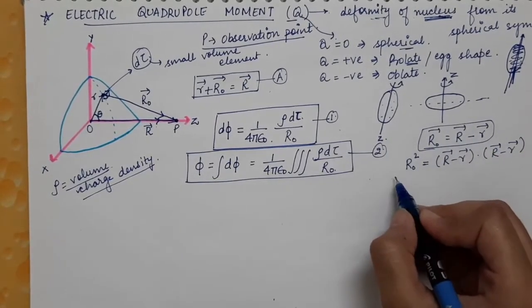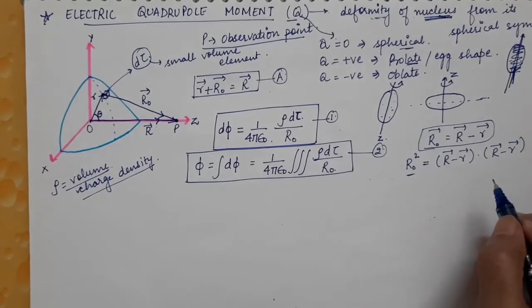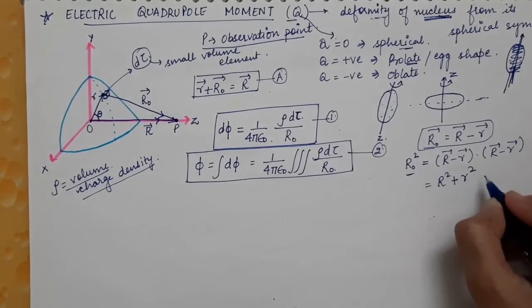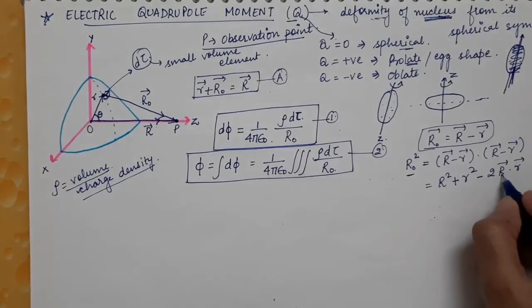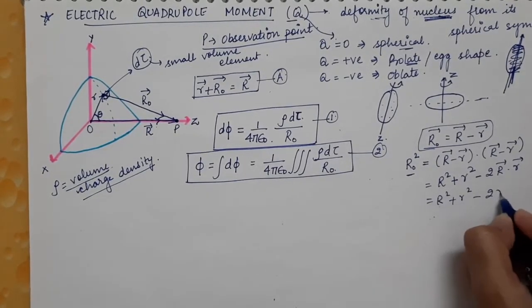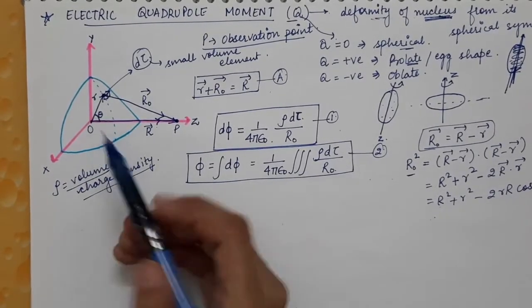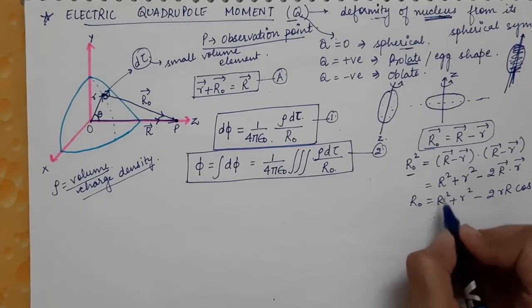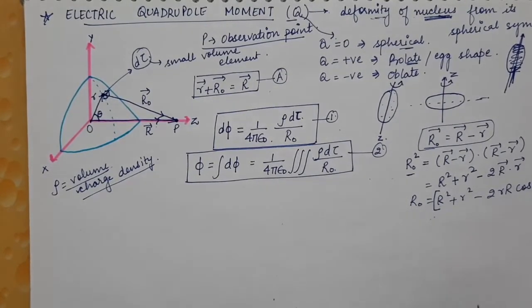So on the left hand side we will get r naught vector dot r naught vector, that is r naught square, and on the right hand side we will get this vector. So this will be equal to R square plus small r square minus 2 of R vector dot small r vector, and we will simplify this dot product. This will be equal to 2 small r capital R times cos of the angle between these two, and we have assumed the angle between these two vectors is theta. So this will be the value of r naught square, and taking the square on the opposite side will get converted into its square root.